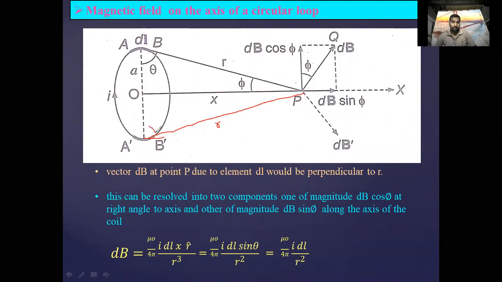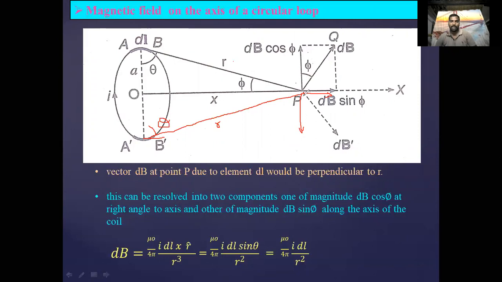Now this is also the theta value. Due to this element, the magnetic field components are like this, one a vertical component opposite to the previous one, and one along the axis direction. Now the vertical components cancel each other,